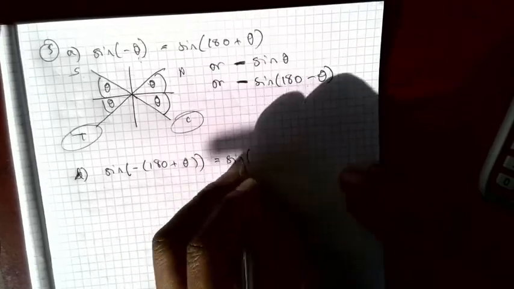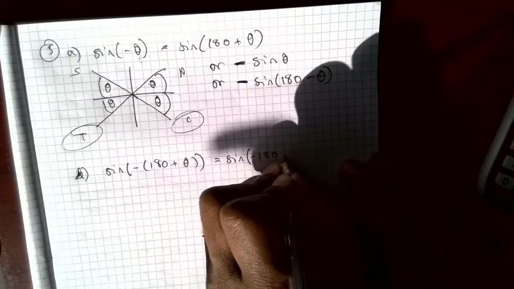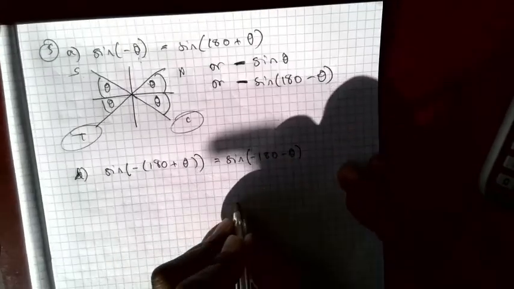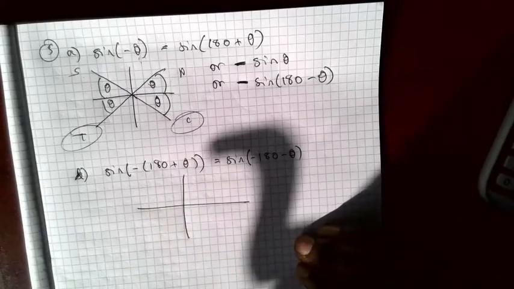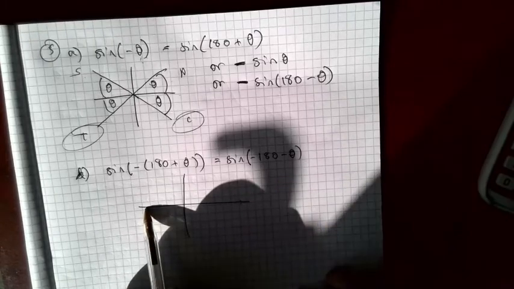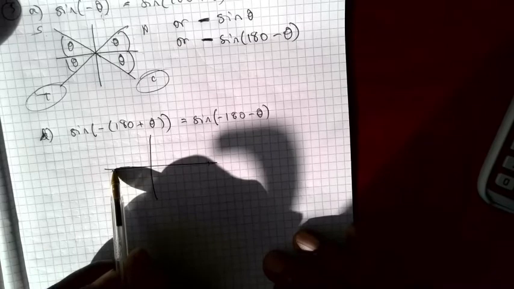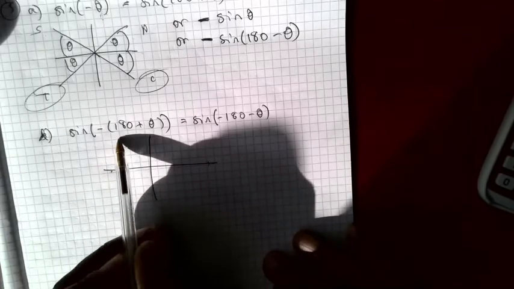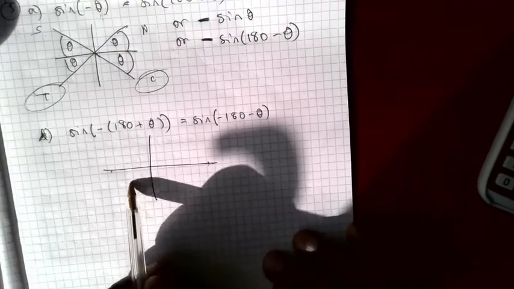We'll try that first. So that'll be minus 180 minus theta, and we'll see what that looks like. Or we could leave it like that, it doesn't make any difference. So negative 180 is going to be back there, so going backwards, and then minus theta. Now we go that way, let's try this one. So 180 plus theta is going to be down here,